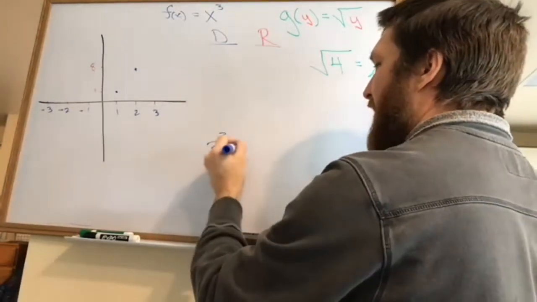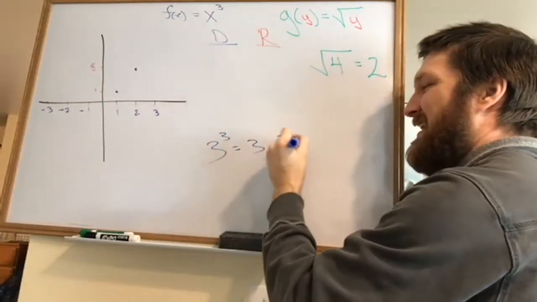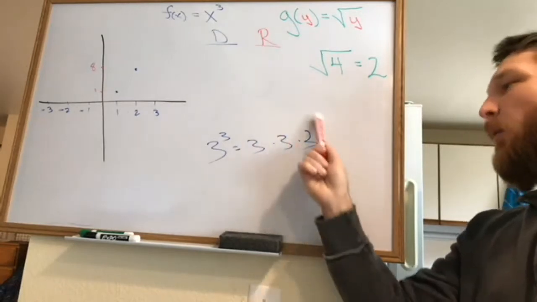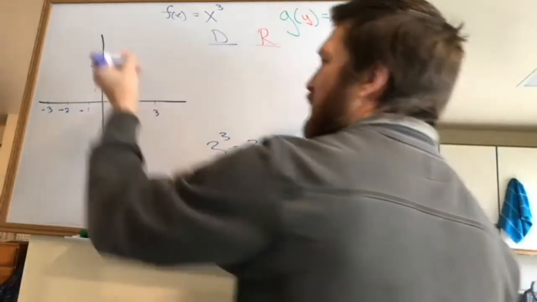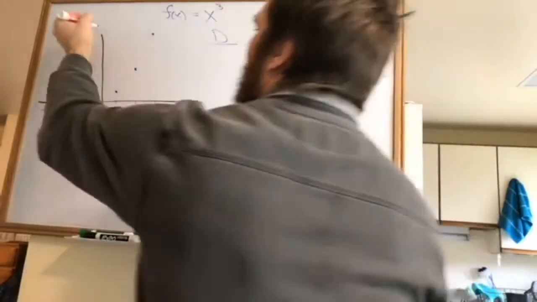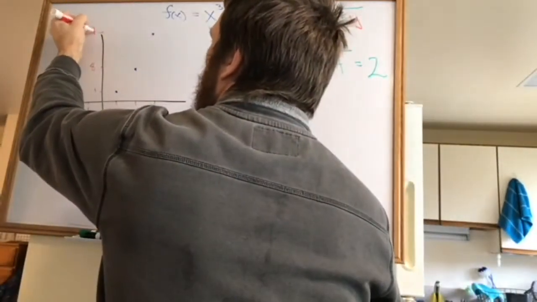Okay. Yeah. 27. Yeah, 27, because 3 times 3 is 9, and then one more 3 would give me 27. So it goes way up here, but it's not going to look like it's way up there. But you get the idea. It's up here at positive 27. Now,